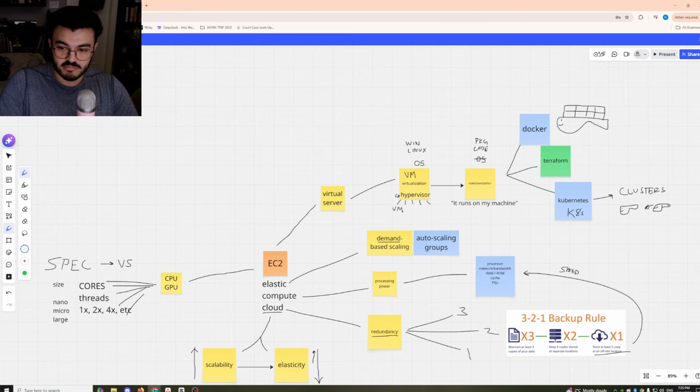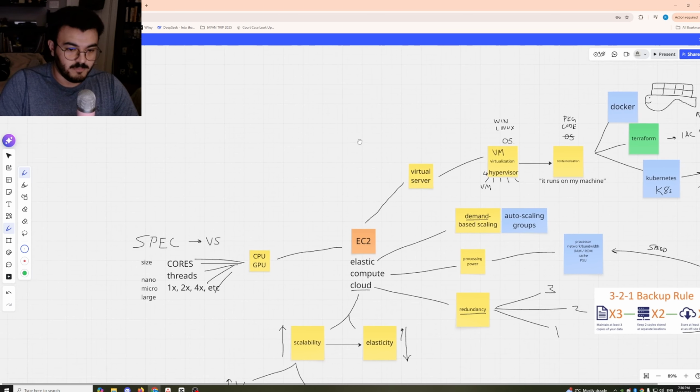They're all swimming in the cloud. And then Terraform is basically IaC, infrastructure as code, which is used to manage these kinds of things with consistency and repeatability. Okay, so that's a good little aside there.